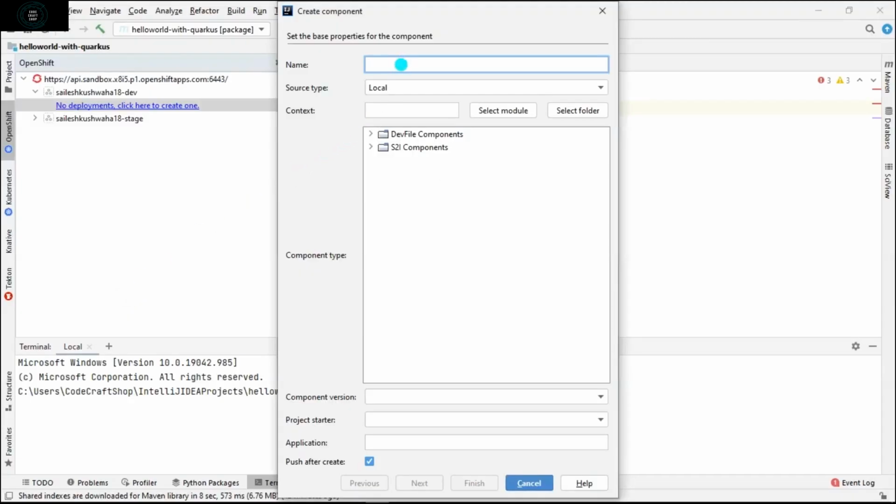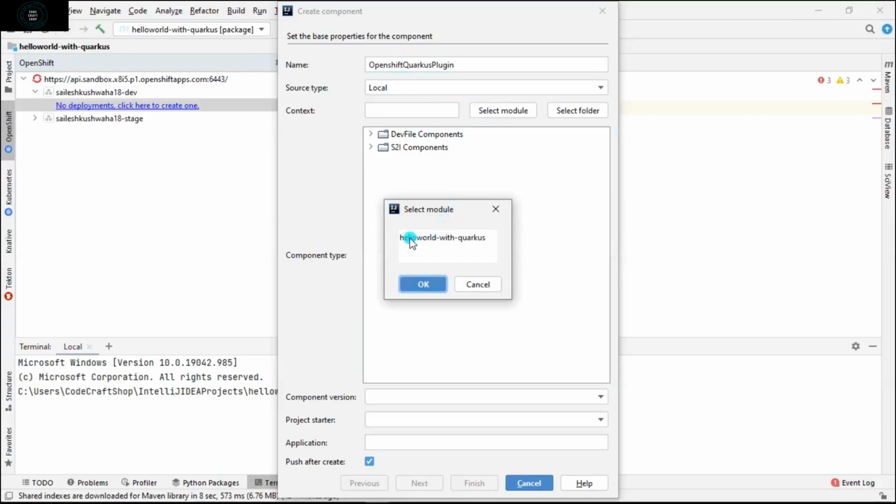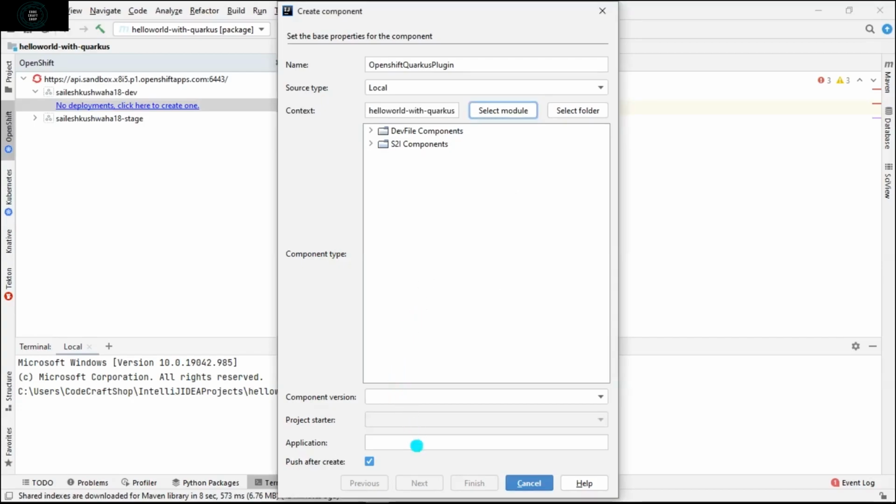I'm using the name OpenShift Quarkus plugin, and then I need to select the module. The project which we are going to deploy is Hello World with Quarkus. So I will click on OK, and then I will pass the application name. This is the application name which gets displayed in the OpenShift cluster.